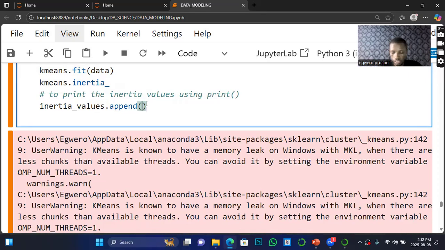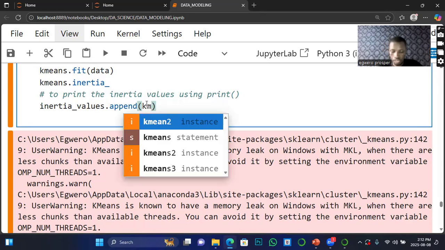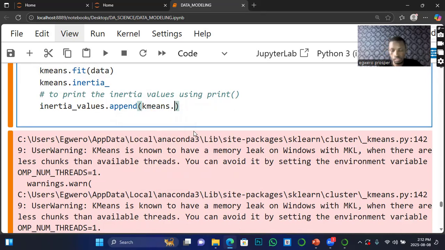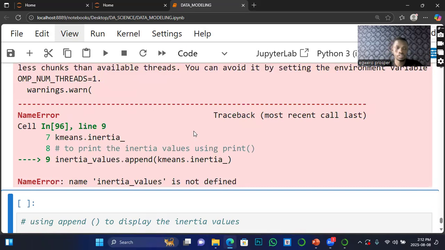Then I'm joining this with the k-means object that we created, which is kmeans.inertia_. So if I run this,